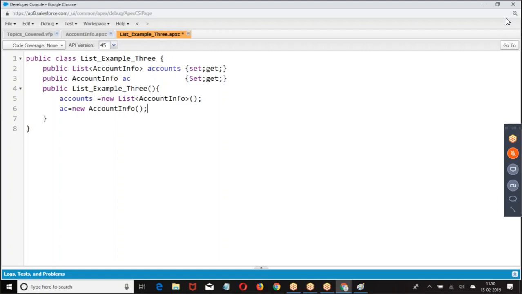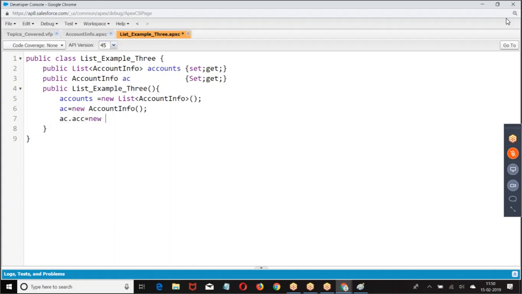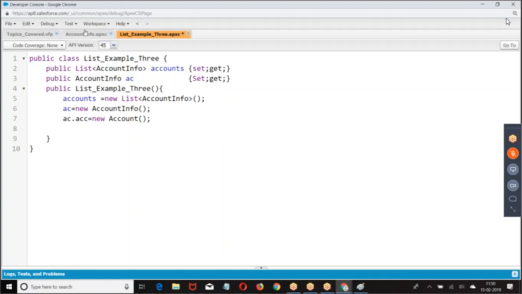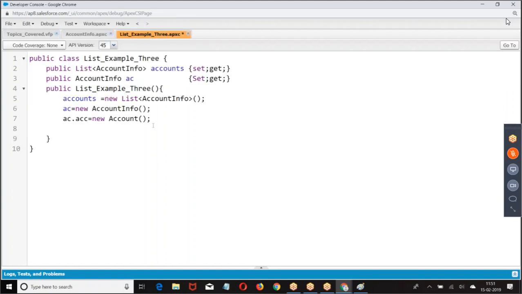In the wrapper class, what we have? AC dot ACC equal to. If I want to use ACC from the account info, what should I do? Allocate the memory. AC dot CON equal to, this is list.